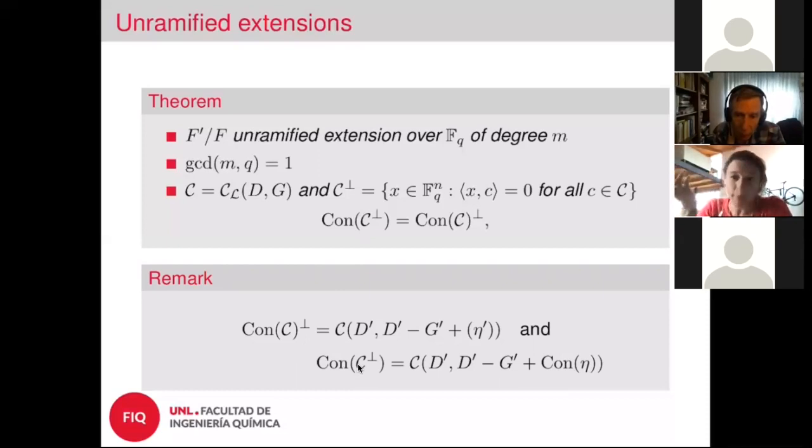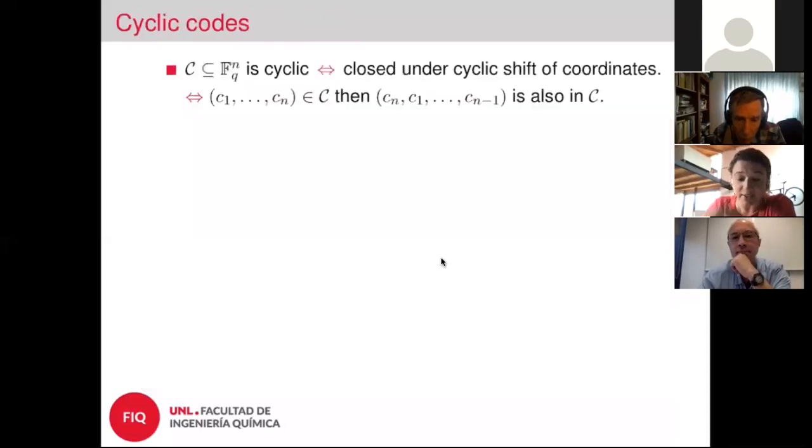But we do not expect that this is going to happen in all cases, because we have an example using Hermitian codes in which the conorm of the dual is different from the dual of the conorm. Another interesting case is the other case, in which we have a lot of ramification in the extension. But before I talk about that, I want to recall what a cyclic code is,